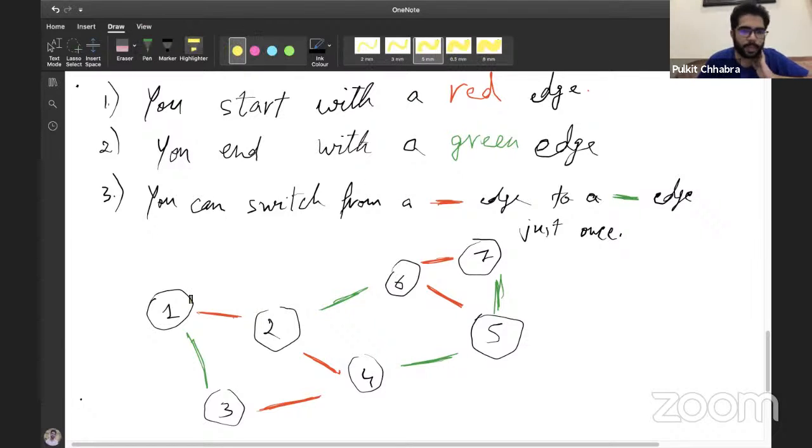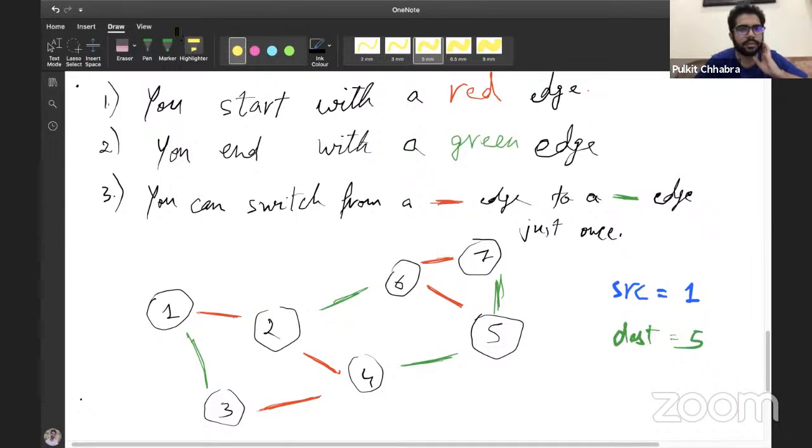So now let's say we have this graph, and we have to reach from, let's say, the source node is 1, and the destination node is 5.